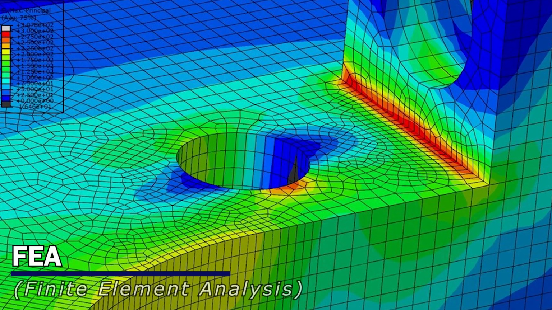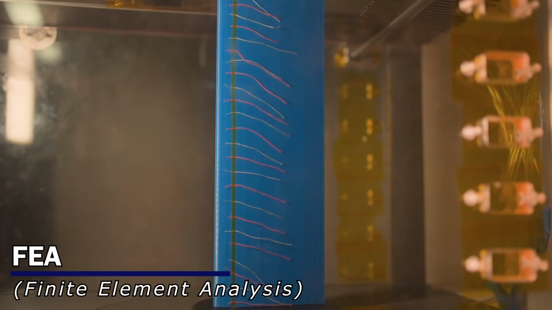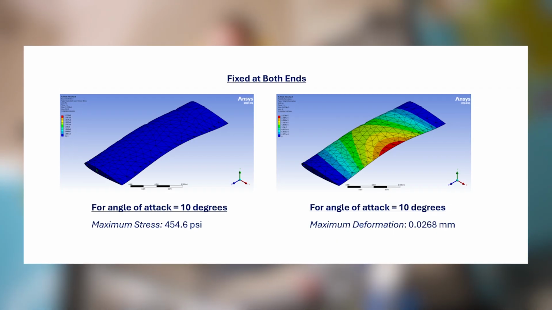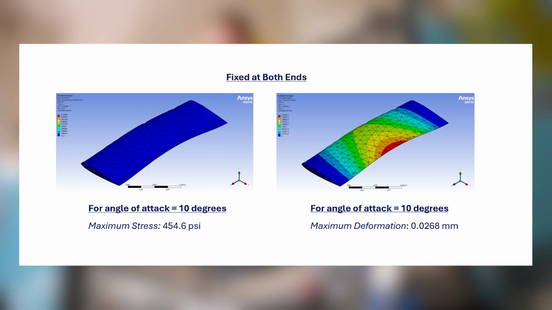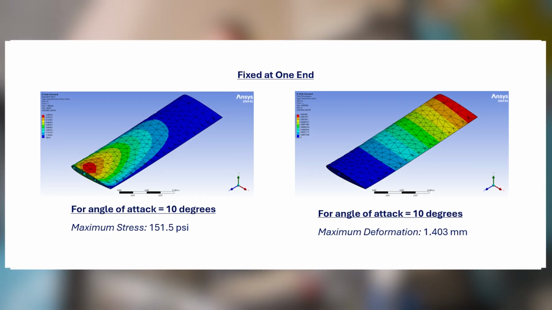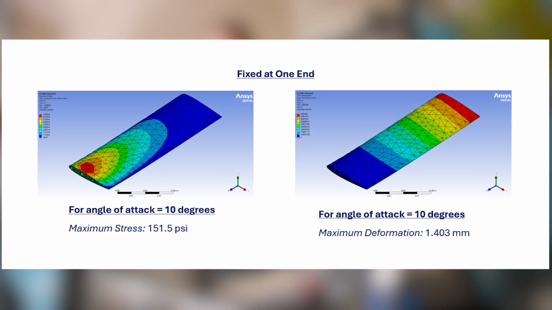Within the test section, the airfoil is subjected to a regular loading by the injector and the free stream. Doing FEA allows us to learn about how much stress the airfoil is under as well as how much it deforms because of the lift and drag forces acting on it in the wind tunnel. We learned that fixing the airfoil at both ends and running a metal rod through it makes it deform less but also increases the stress in certain areas. Just fixing the airfoil at one end and not having a metal rod run through it allows it to bend